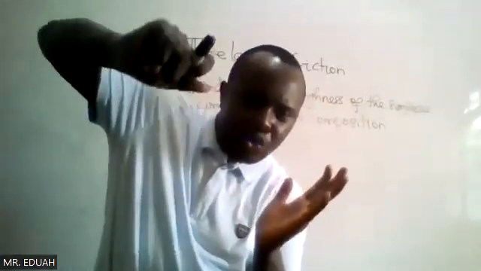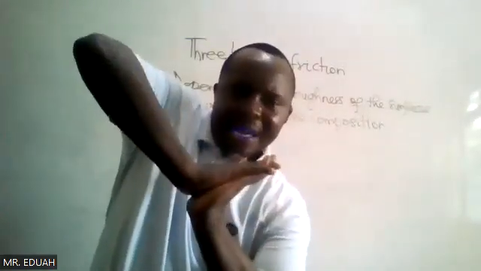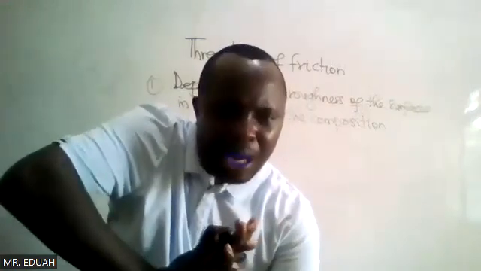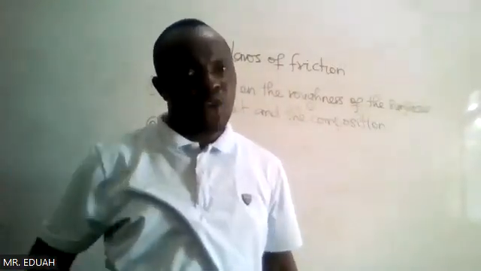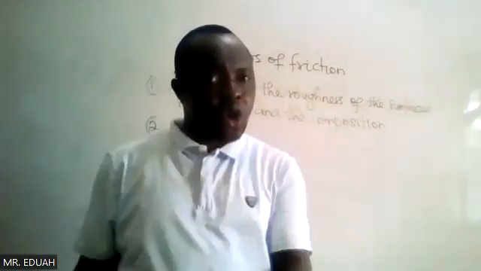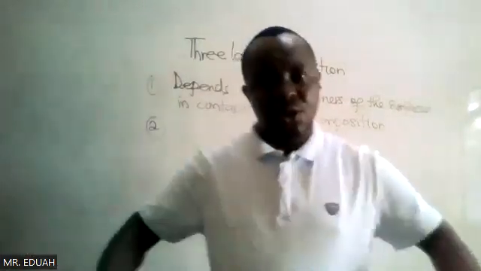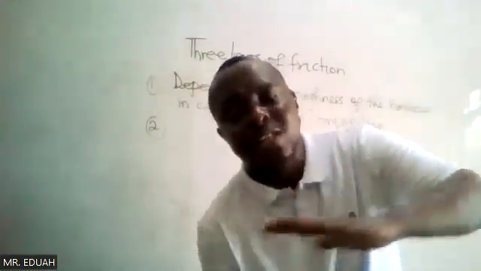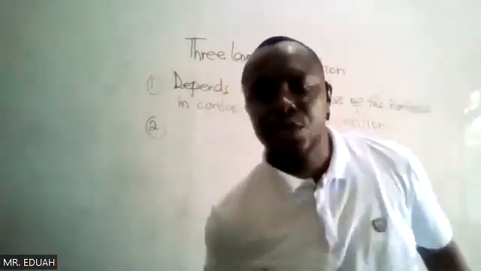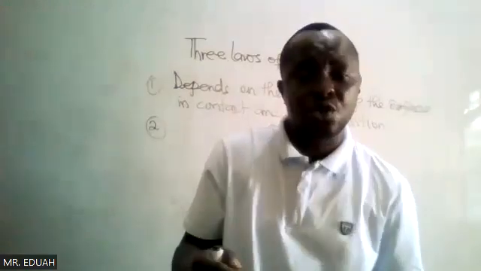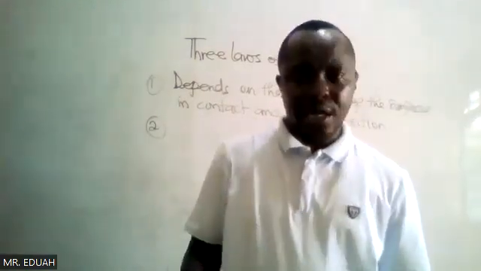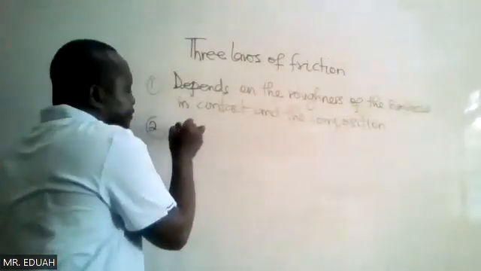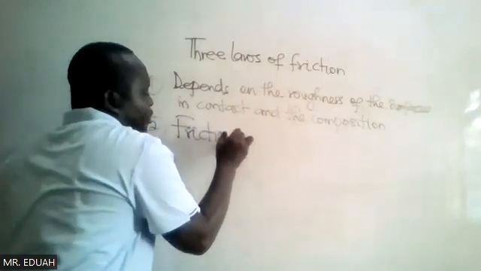which is pressing the two bodies in contact together. This force which presses the two bodies in contact is what we call the normal reaction, or the normal reactional force. It is called normal because when the body lies flat on the ground, this force which presses the two bodies together is always perpendicular to the surface on which the body lies. That is why the force is called the normal reaction. It also depends on the force pressing the two bodies together. So F, frictional force,